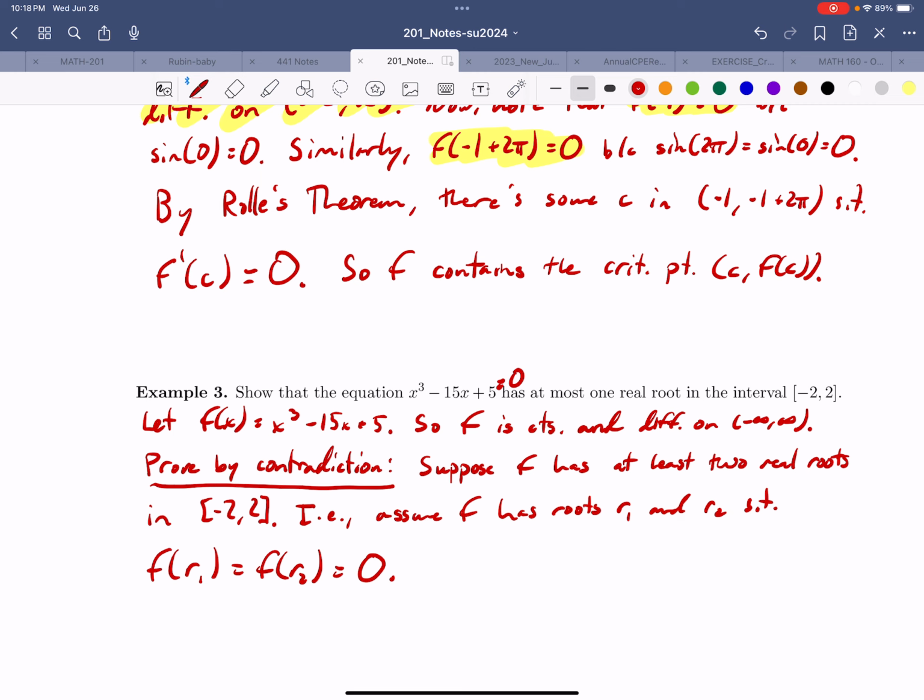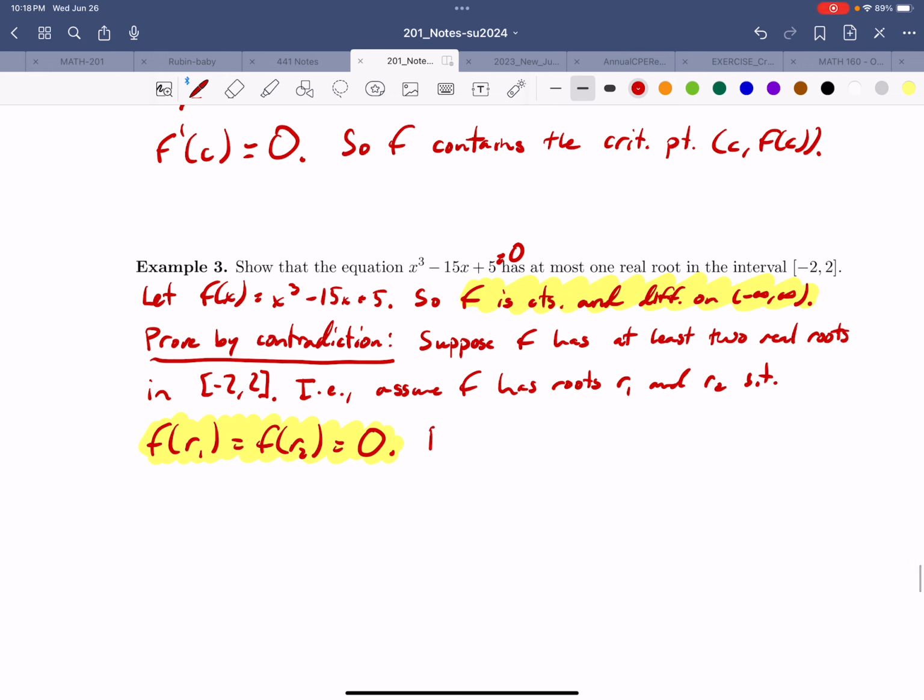So we've shown that f is continuous and differentiable everywhere, and so including on this interval. We're also assuming, I should say, we haven't shown, but we're assuming that f begins and ends at the same y value, right? Just by assumption. If R1 and R2 are roots, then f of R1 and f of R2 have to equal 0. So we can say, by Rolle's theorem,